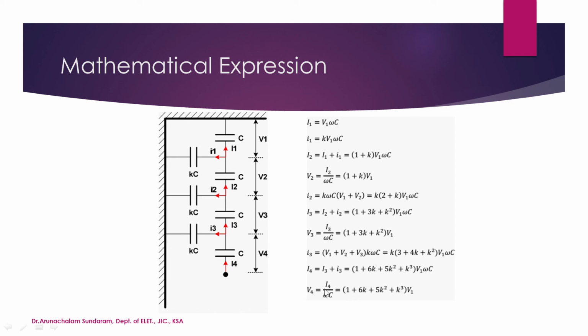There is an expression. See here, voltage is current divided by impedance. If you keep on calculating, you will find that a small amount of current goes here, so the voltage here will be less because a small current flows through the shunt capacitor. This is just a mathematical expression to show the string efficiency.